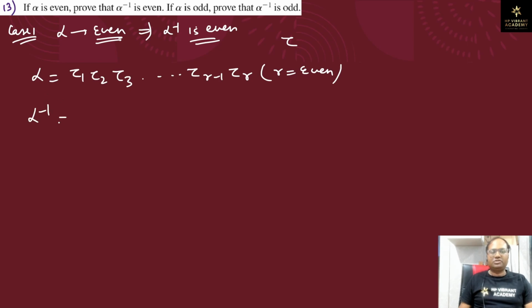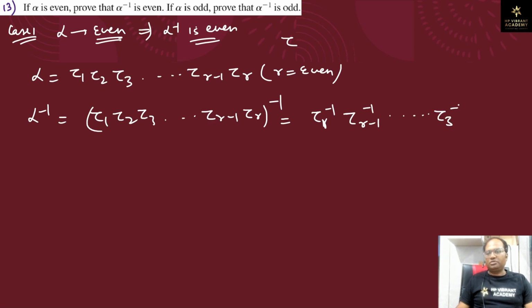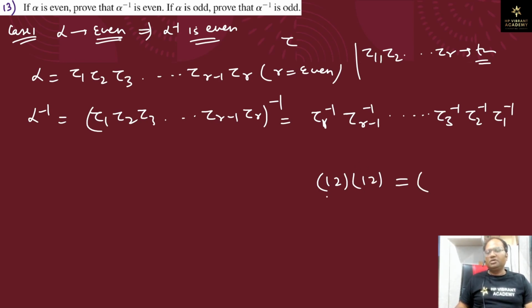Let us take inverse both sides. So we have alpha inverse equal to the inverse of tau 1 tau 2 tau 3 tau r minus 1 tau r। Okay, so this is equal to tau r inverse tau r minus 1 inverse, up to tau 3 inverse tau 2 inverse tau 1 inverse। Okay, so since tau 1 tau 2 like this, tau r is a transposition, ठीक है। तो 1 2 is a transposition है ना, तो 1 2 times of 1 2, let us do the multiplication। so let us take an example। so 1 2 is a transposition, 1 2 is also a transposition, so let us do the multiplication। so we start from 1, so 1 goes to 2, 2 goes to 1, so this is closed। now we have 2 goes to 1, 1 goes to 2, so this is closed, this is identity। so 1 2 का इन्वर्स क्या हो जाएगा 1 2, so tau 1 का इन्वर्स tau 1, similarly like this।